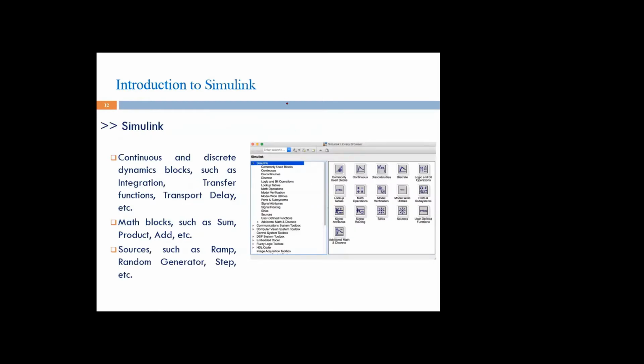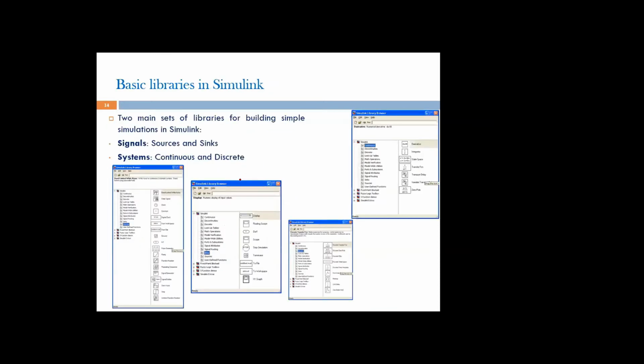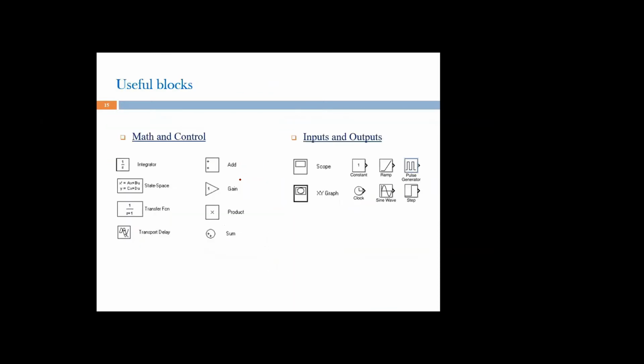In the Simulink library, you will have commonly used blocks. There are continuous systems, discontinuous systems, discrete, and even SimPowerSystems. All the sources, from current source, voltage source, current measurement, voltage measurement, there are all sorts of sources, even some machinery, even fuzzy logic, all the signals will be there. I will show you that.